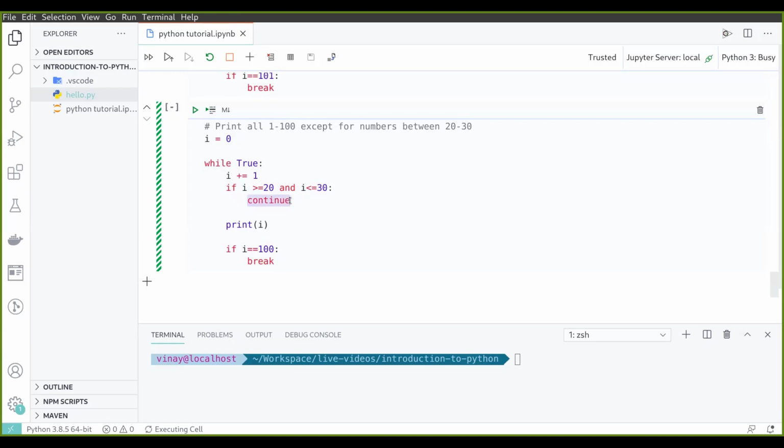We continue. So when we run this continue statement, that means the code that is written after this won't be executed. So the loop will go back again. Then it will be 21. So like that, it will be 30, and after that, it will be 31. Then again, this condition is false. Then again, it will happen, and it will happen again till this condition reaches and we stop the loop.